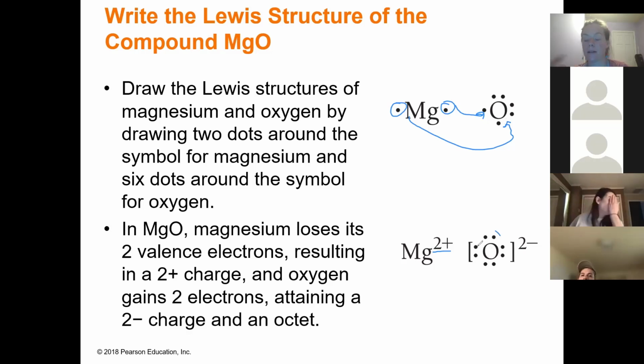So both of these are satisfying their octet. This has a 2+ charge, this has a 2- charge. They come together and form MgO. Again, really a lot of work to just be able to go Mg is a 2+, O is a 2-, flip-flop, we get Mg2O2, which reduces down to MgO. Last one,